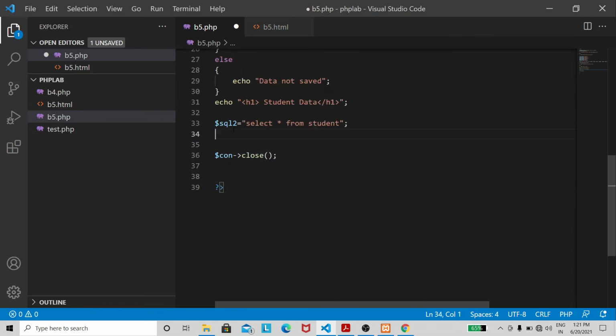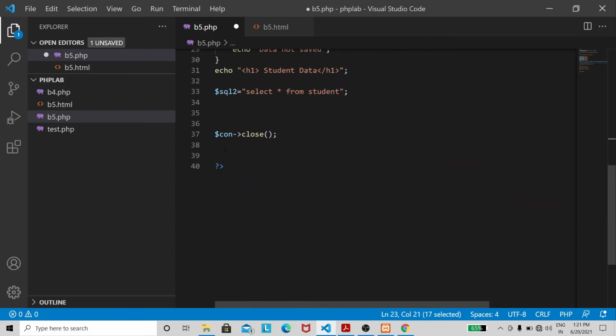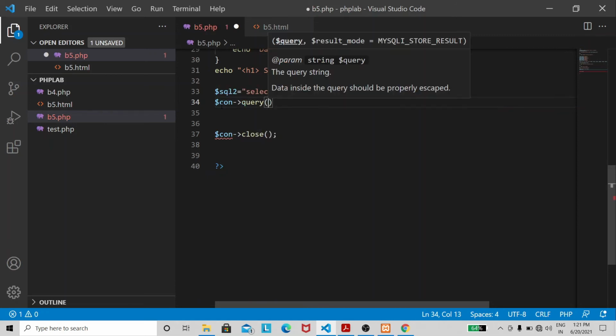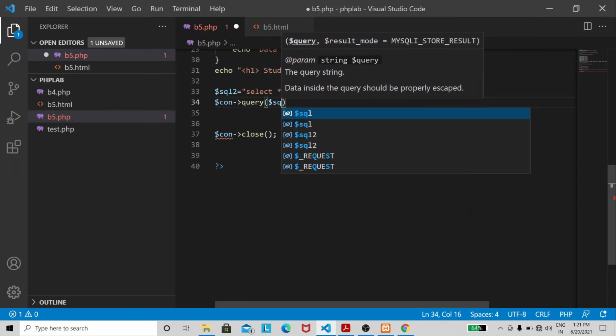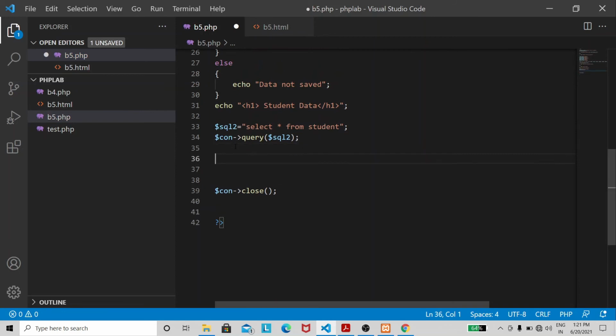So the query is ready. We need to execute the query. Executing the query is very easy. We have to use $con of query and $SQL. Now the query has executed, but in this case the query is returning records.